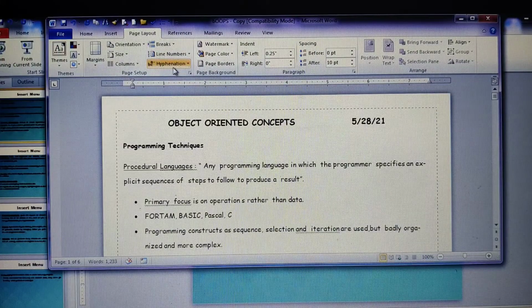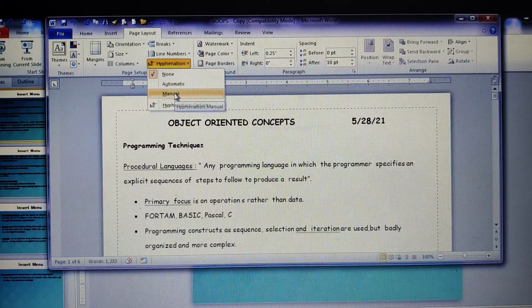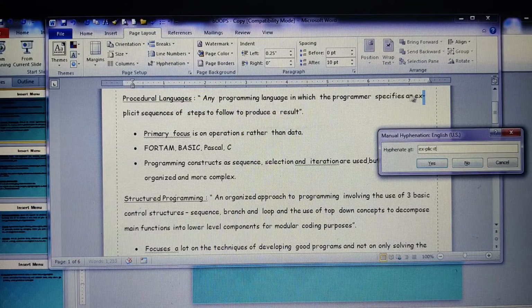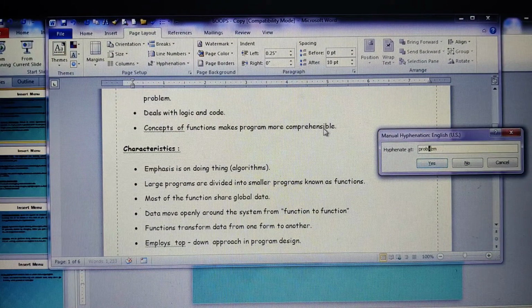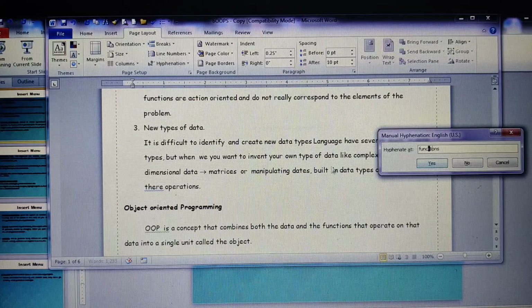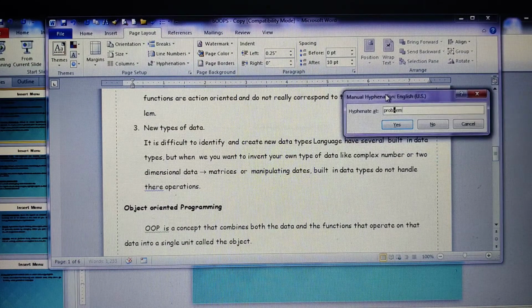Suppose if I don't want automatic, if I want it in a manual way, all right, click on to the manual. It will ask at this point of time, explicit, would you like to hyphenate? Yes. Then here would you like to hyphenate? Yes. Then next we have problem. See? Yes. So wherever the hyphenation is needed, say yes. Problem, here we got a hyphenation. So like this you can have, the two words which are being split, you can treat it as one word by using a hyphenation. I hope you are able to understand.